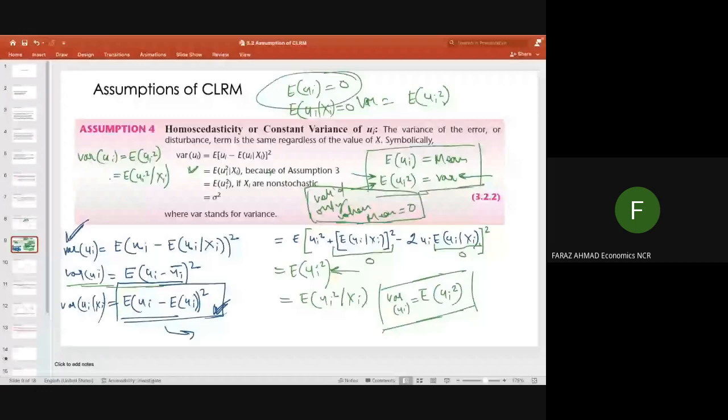So the conditional variance can be written like this. So a little bit of math here, but I think it is simple to understand. Now the last point, the third step, says that this is equal to this